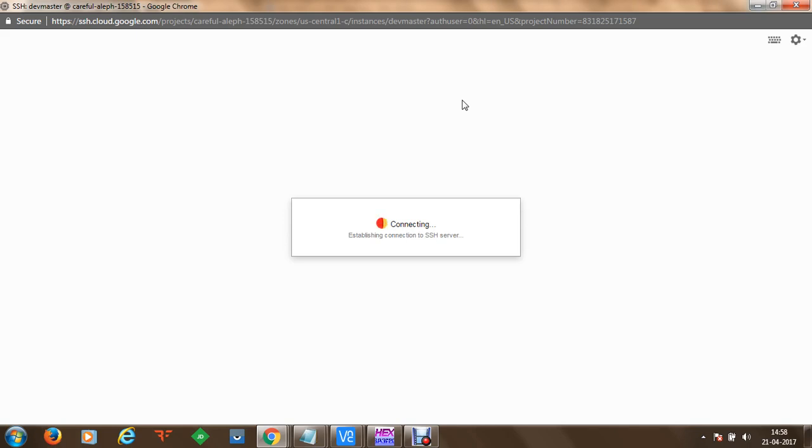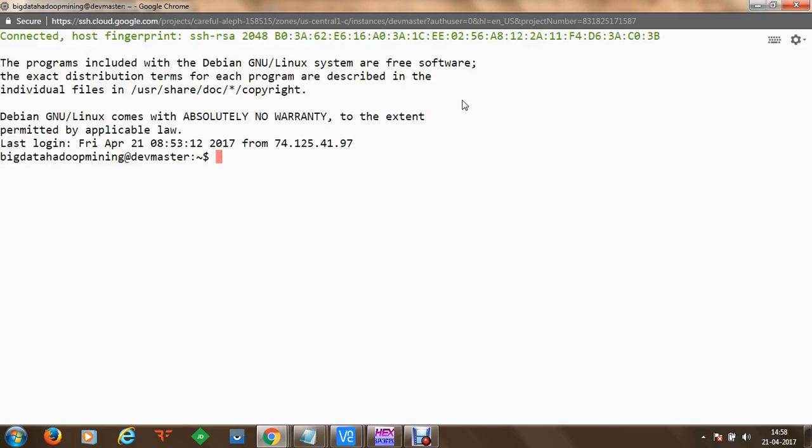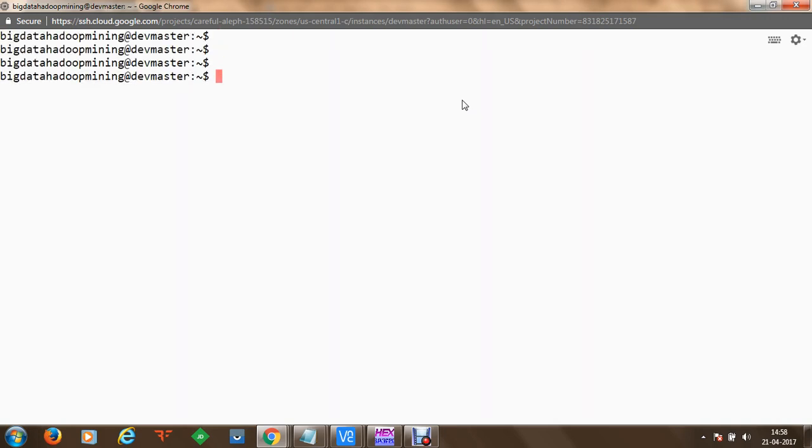Now, using this Linux instance, first of all I would like to tell you how devices are created. Once devices are created, we can put a file system format on them. After having a file system format, we can mount these devices on a directory, and once they are mounted on a directory, we can do file exchange. We can copy files, we can cut files, and we can do a lot of things.